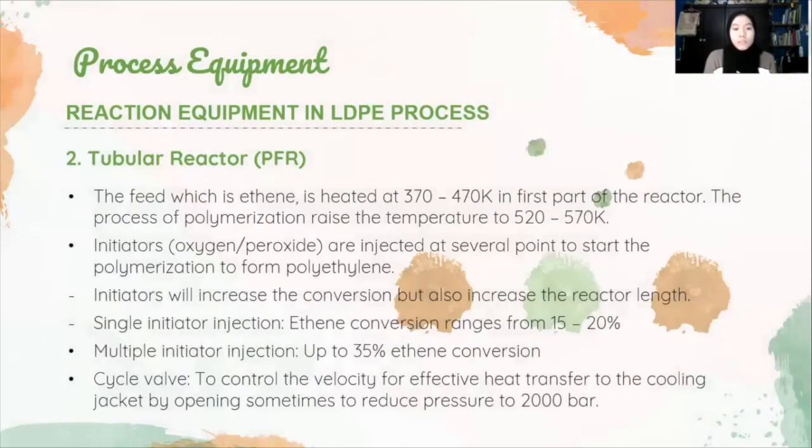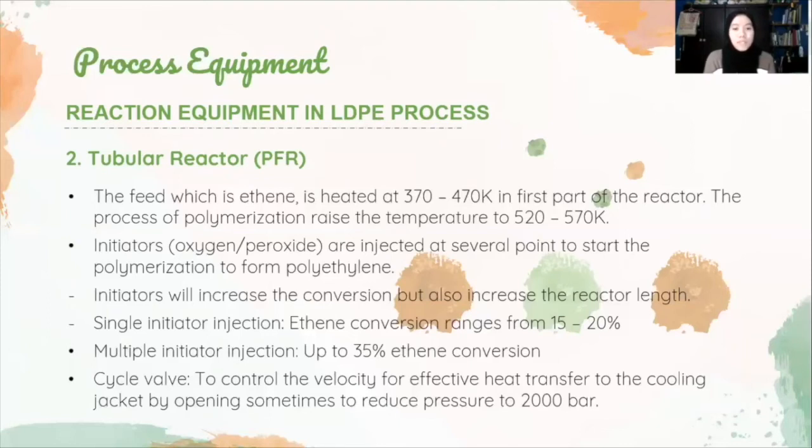The feed for this process, which is ethane, is heated to 370 to 470 Kelvin in the first part of the reactor. The process of polymerization inside the reactor will then raise the temperature to 520 to 570 Kelvin. The initiators such as oxygen or peroxide are injected at several points of the reactor to start the polymerization to form polyethylene. Initiators will increase the conversion. However, the increased number of initiators will also increase the reactor length. Single initiator injection could produce ethane conversion ranging from 15 to 20%, while multiple initiator injection could produce up to